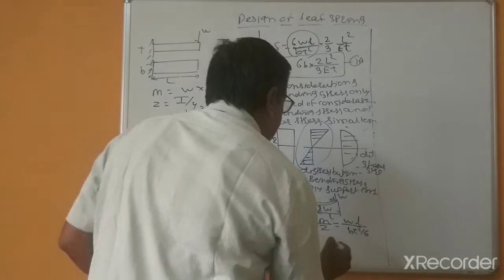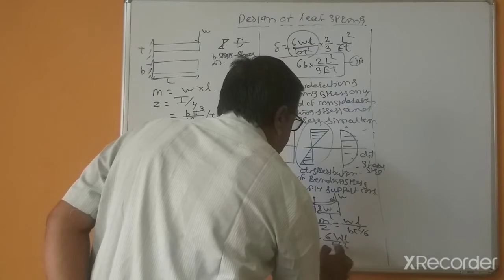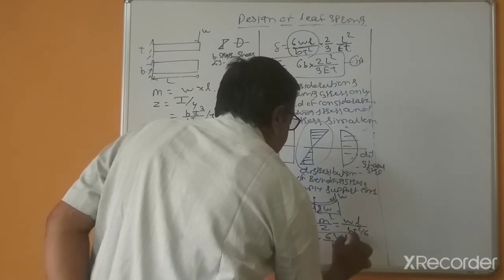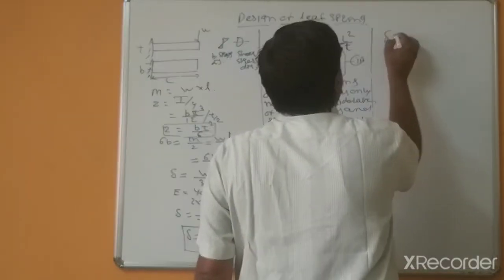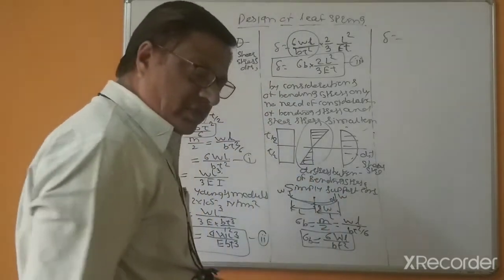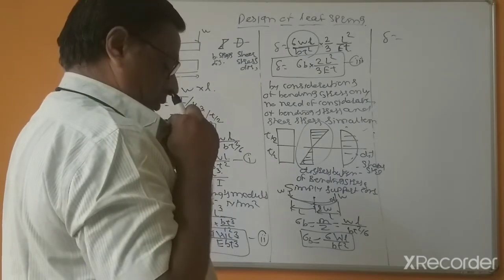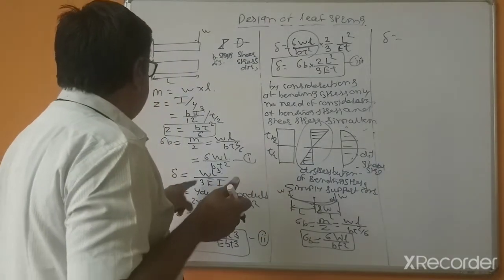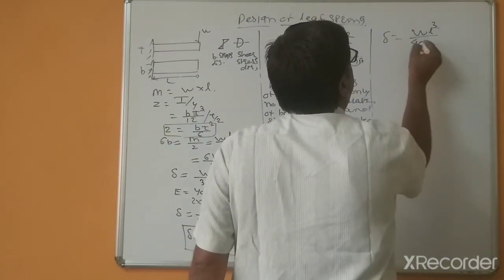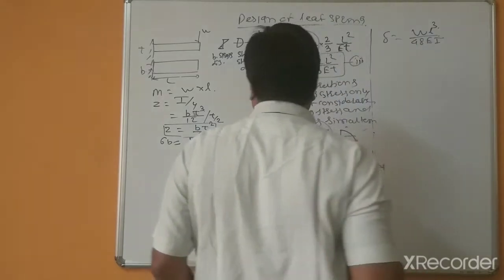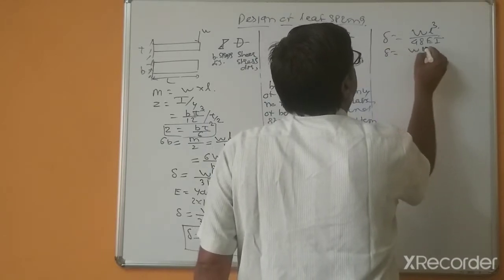So that's why this becomes 6WL divided by BT squared, sigma B equal to, and delta equal to. So for one end fixed and the other end free, delta equal to... For simply supported beams, deflection equals WL cube divided by 48 EI. Now this is for simply supported. So that's why delta equals WL cube